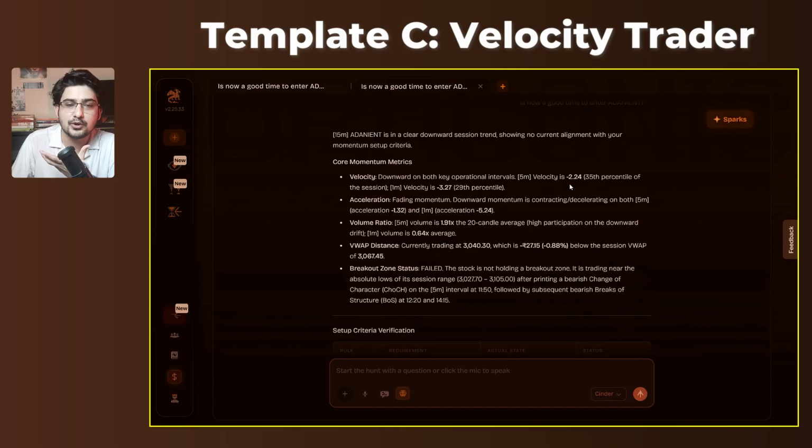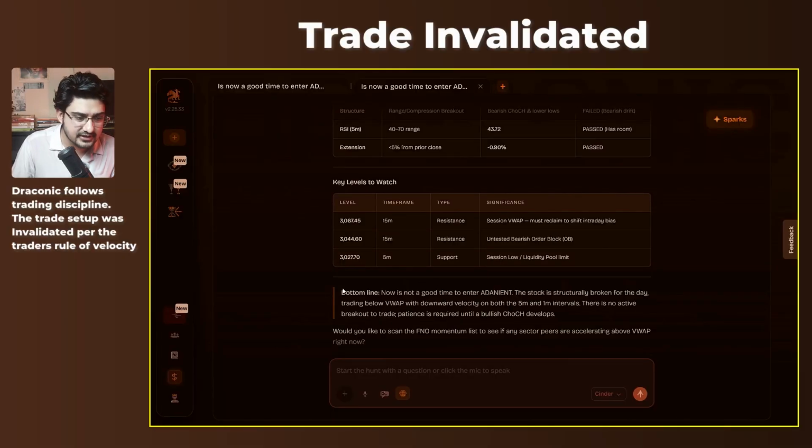If we try to go into depth of the different metrics that it analyzed and utilized to give us this answer, it tries to analyze on the basis of velocity, acceleration, the different volume ratio, the VWAP distance, and the breakout zone status. It clearly says that the breakout zone status has failed. And for a trader, the most important thing is to watch out for different levels, because even if the setup right now is not very accommodative, in future, let's say on the Monday market opening or Tuesday market opening, if the setup presents itself, then we should be aware what are the key levels on which we can get entry side. But the underlying analysis that was presented to us is that this is not a good time to enter